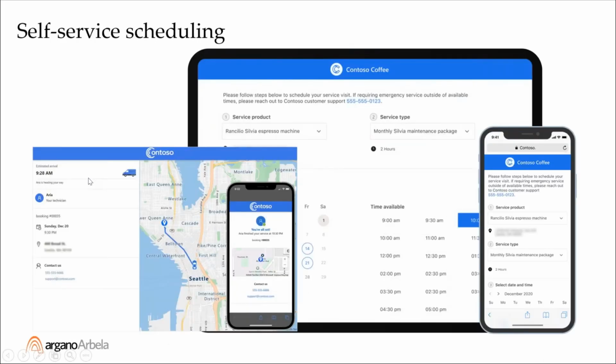Moving on, self-service scheduling. This is new here, and basically this allows a user to go in, choose a service from your catalog, the type of service, find the day that they want to schedule. Of course, we could do things like blocking out times where service is not available. This all ties into resource availability from your team to be able to provide these services. Factors in things like drive time. Allows the customer to do self-service scheduling